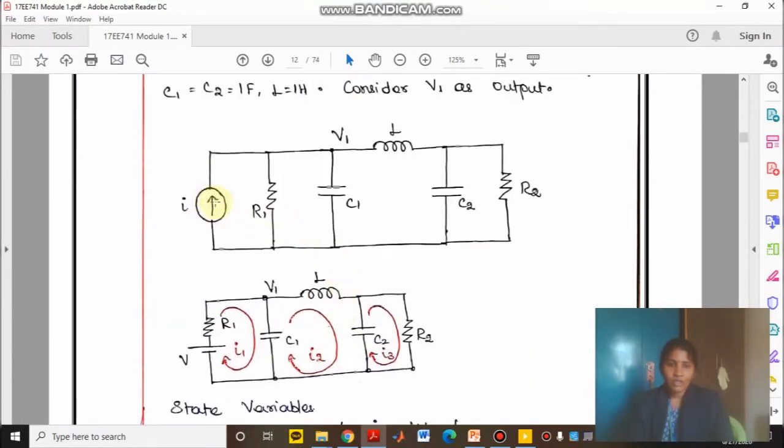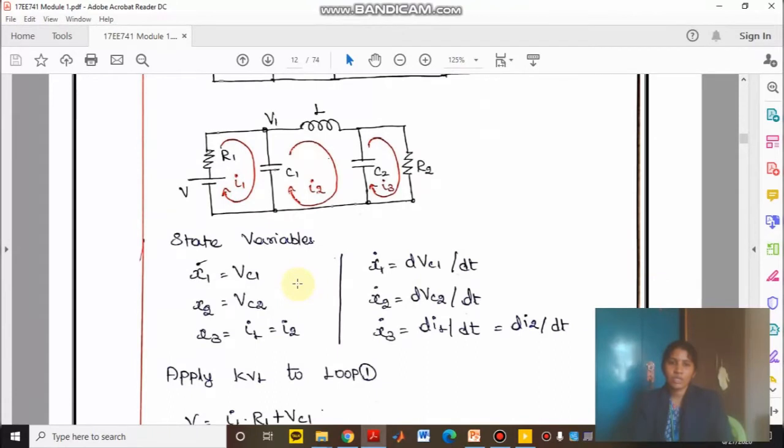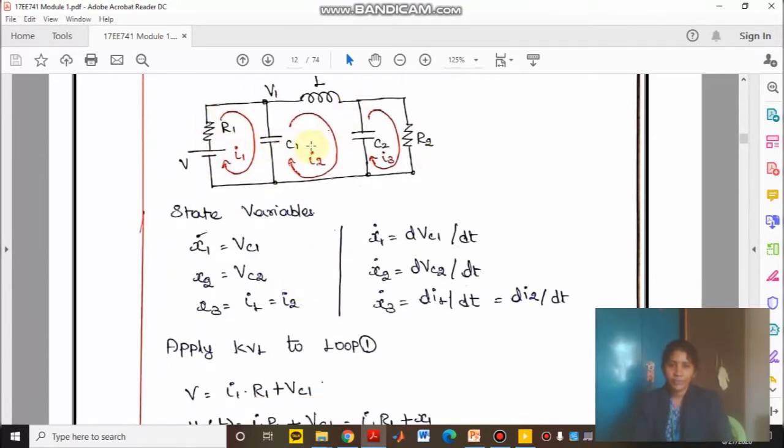This current source is converted into a voltage source. To convert this current source to a voltage source, since we have a parallel resistance R1, we need to connect a voltage source in series with this R1, because V is equal to I into R. When you multiply these two factors, you get the potential V. So I will connect one voltage source in series with the resistance R1, and afterwards the capacitor, inductor, capacitor and resistor. After converting this current source to a voltage source, the circuit is remodified as shown here.